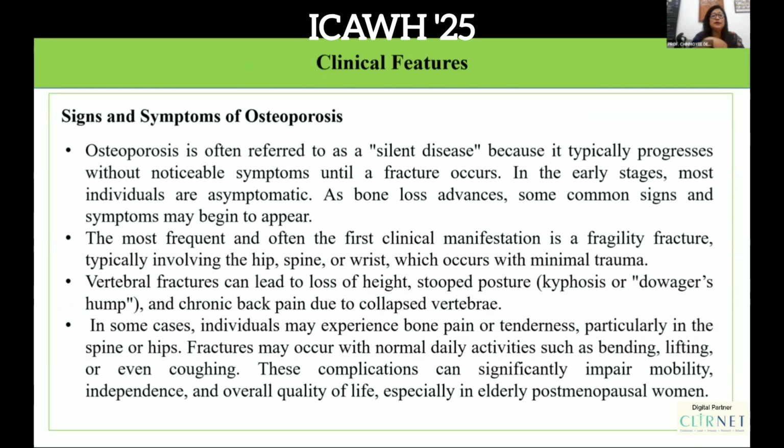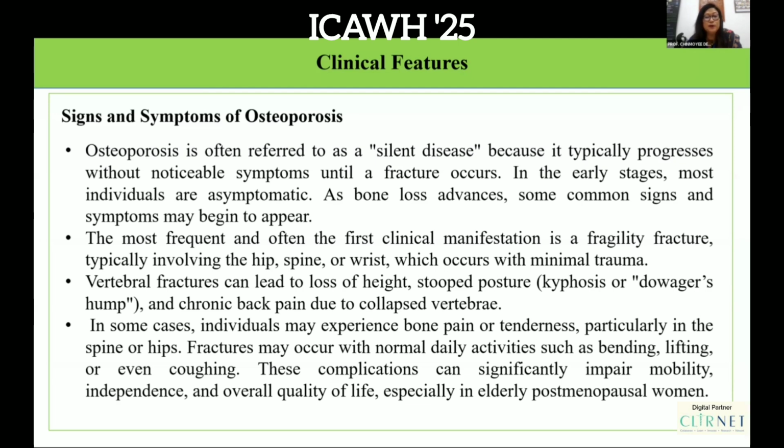So what about the clinical features of osteoporosis? There are several signs and symptoms of osteoporosis. Osteoporosis is often referred to as a silent disease because it typically progresses without noticeable symptoms until a fracture occurs. In the earliest stages, most individuals are asymptomatic. As bone loss advances, some common signs and symptoms may begin to appear. The most frequent and often the first clinical manifestation is a fragility fracture, typically involving the hip, spine, or wrist, which